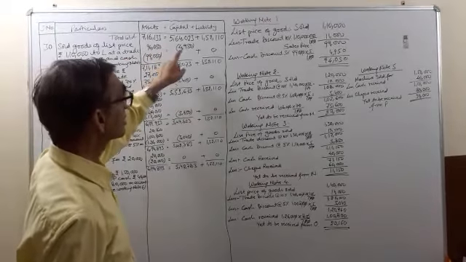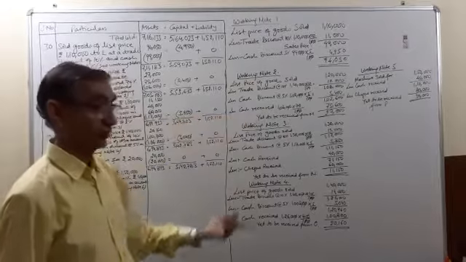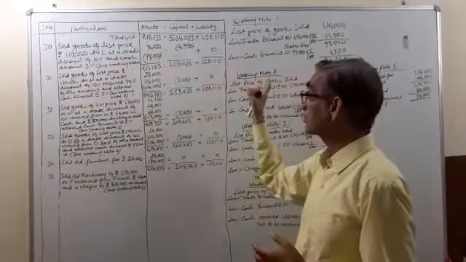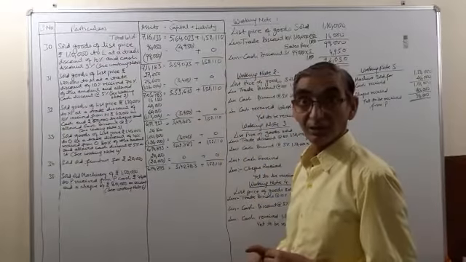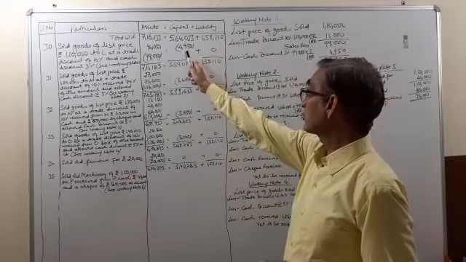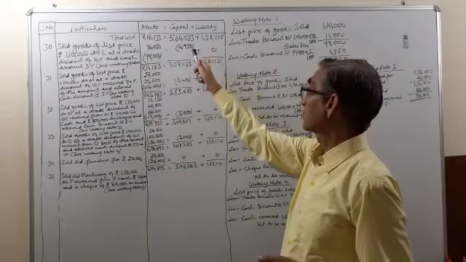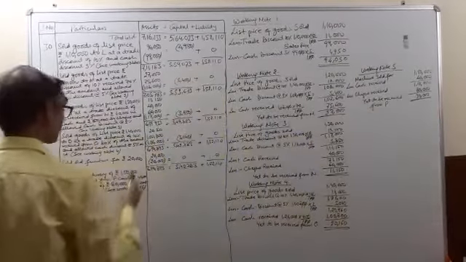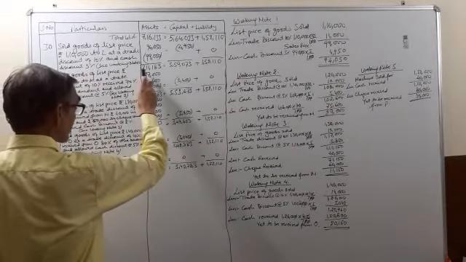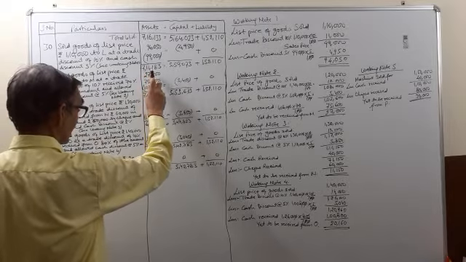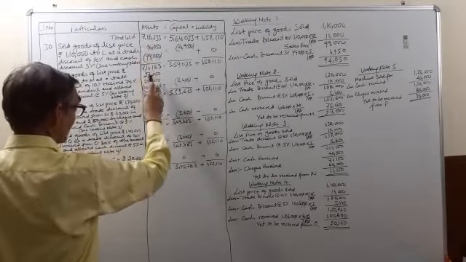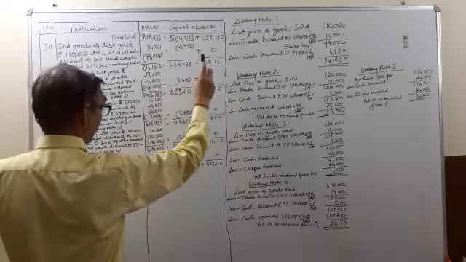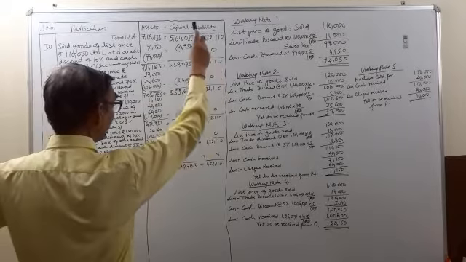There was a cash discount that we have allowed. It is a loss. On sales, the discount allowed is a loss. So there is a loss of rupees 4,950 which will be subtracted from the capital. No effect on liabilities. Therefore the accounting equation comes to 7,11,183 assets, 5,59,073 capital, 1,52,110 is the liability.